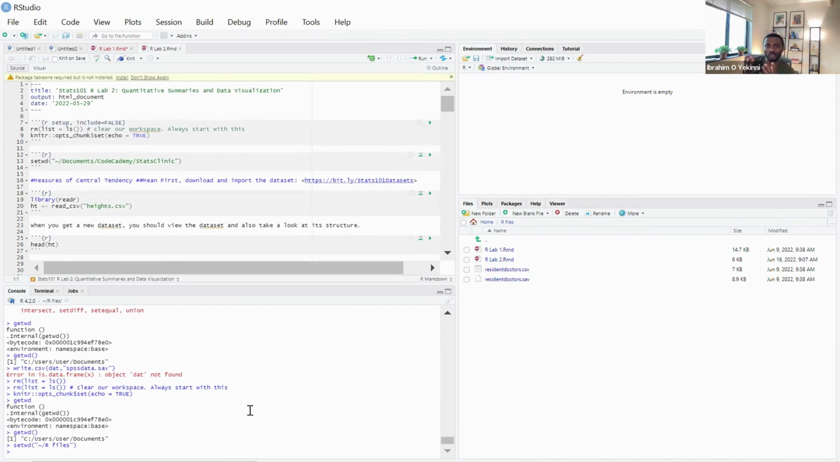Nice. So I'll suggest that when you download the data sets, you put them in this folder, the same folder where you have this RLab 1, RLab 2, resident doctor CSV. You also put the files in that folder. So